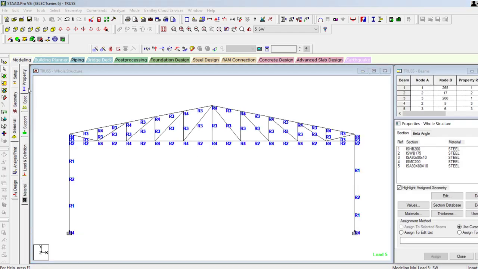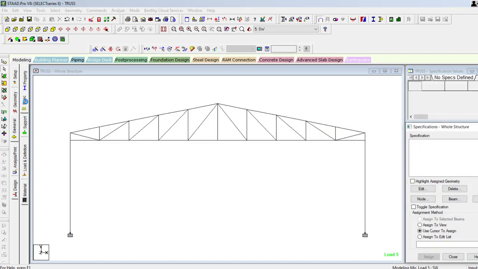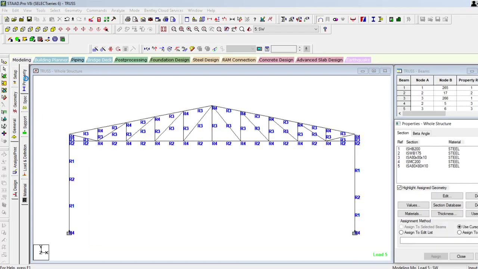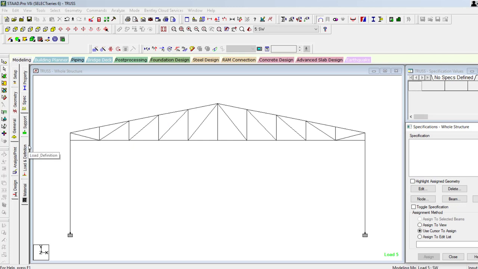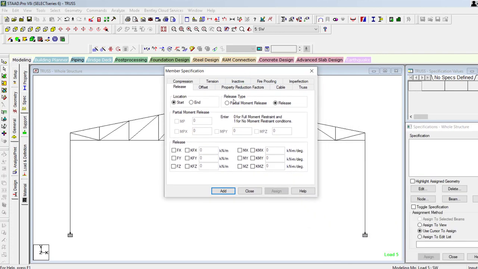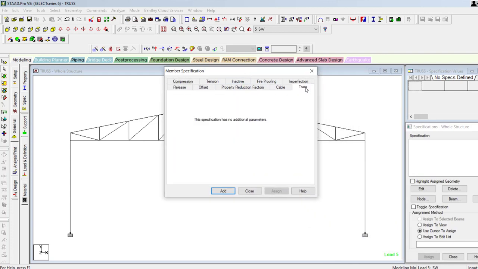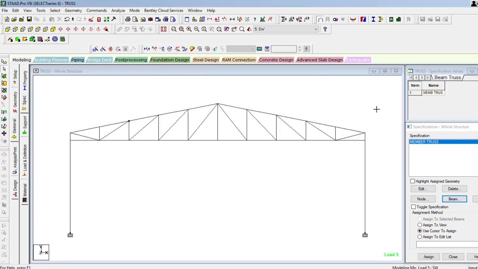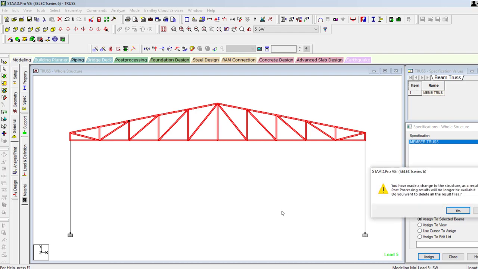For that, click on the general and then in the specification option just below the property, here we have the beam option. So I want to convert this into truss. Just select that truss, and the specification has no additional parameter, no need to add anything. Just select all the truss members and then you can convert that into truss part